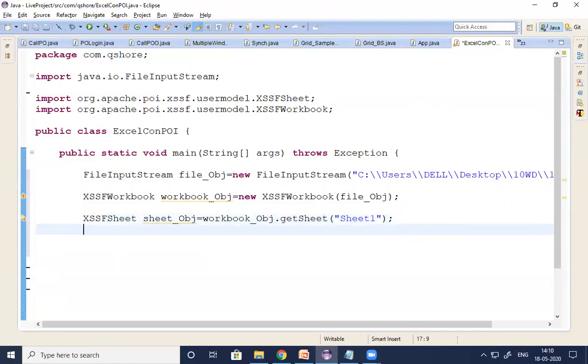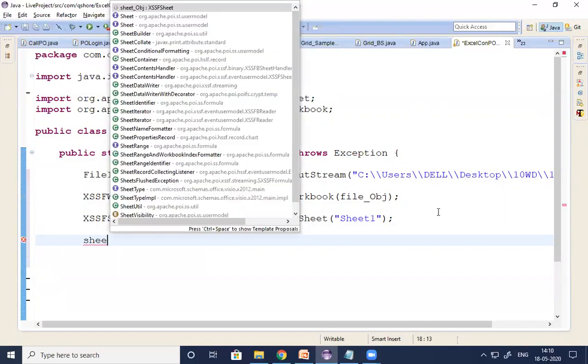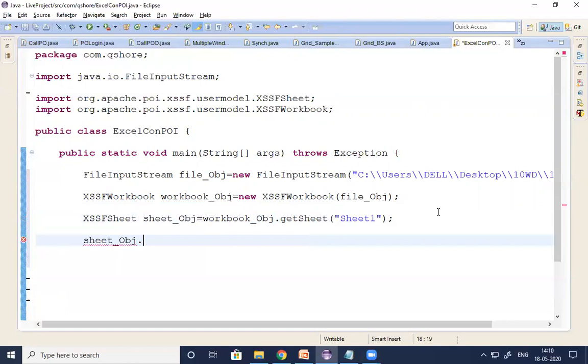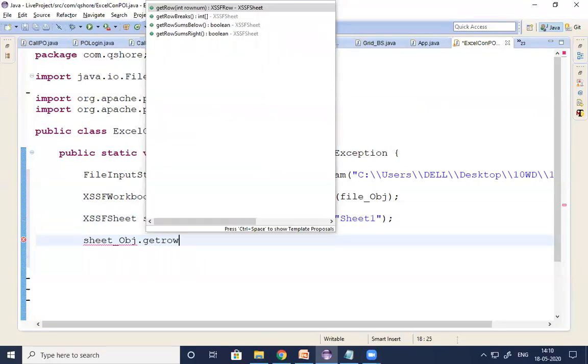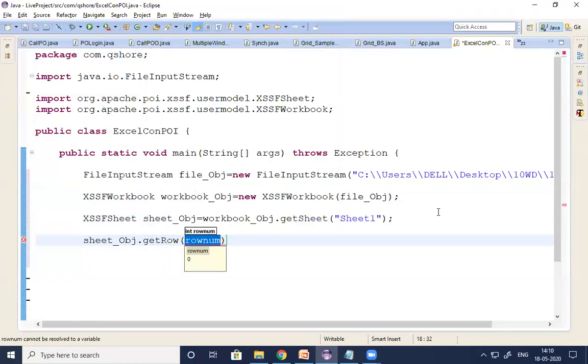Once you open the sheet, I want to read the data from a cell. So how to read the data from a cell? Simple. sheet_object, that means in the opened sheet, dot getRow. Do you remember, guys, there is a difference here when you are reading the data from Excel by using the jxl.jar file.